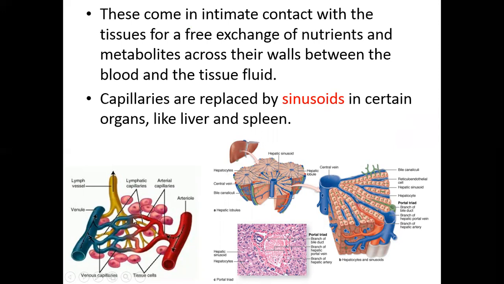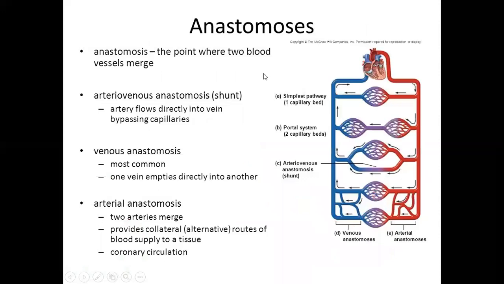So this is normal structure of capillary, and this is a liver, histology of liver, where the liver cells can be seen, which are arranged in a linear way. In between the liver cells, there are some gaps which are called sinusoids. So sinusoids can replace capillaries in some organs. Again, lymphatic vessels also can be seen at this level, which carry lymph. Now there are different types of anastomosis. I have already described anastomosis in other classes, so you can please go through that.